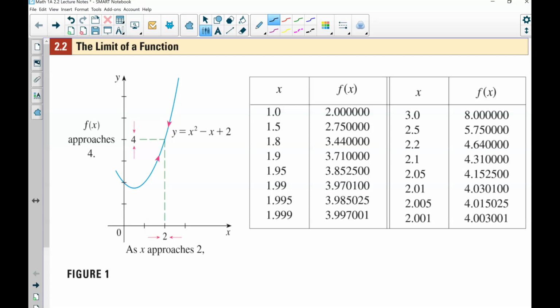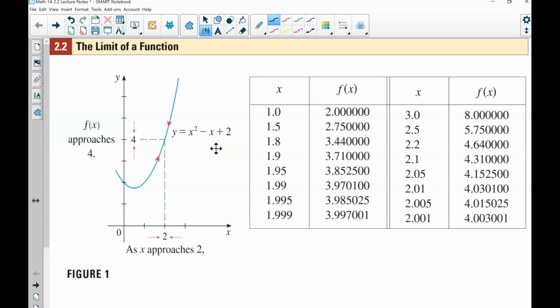In section 2.2, we're talking about the limit of a function. Now, having seen in the preceding section how limits arise when we want to find the tangent to a curve or the velocity of an object, we now turn our attention to limits in general and numerical and graphical methods for computing them. So let's investigate the behavior of the function f defined by x squared minus x